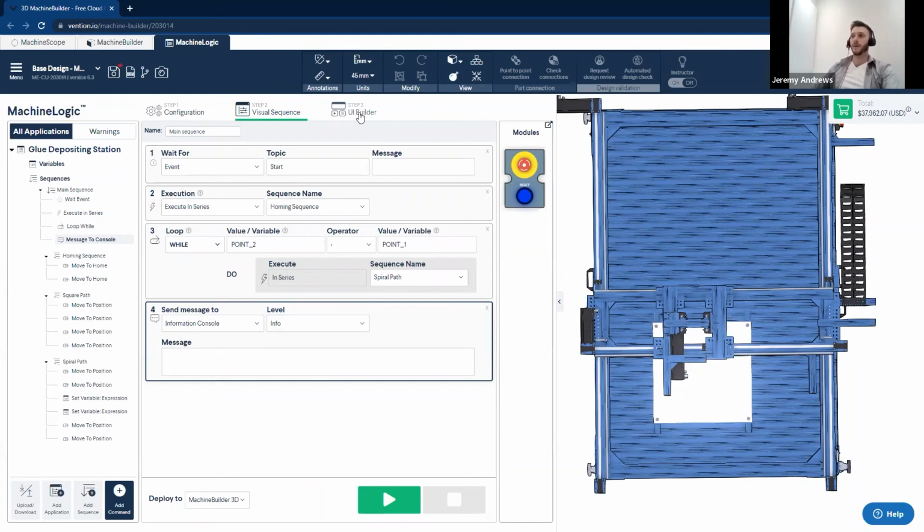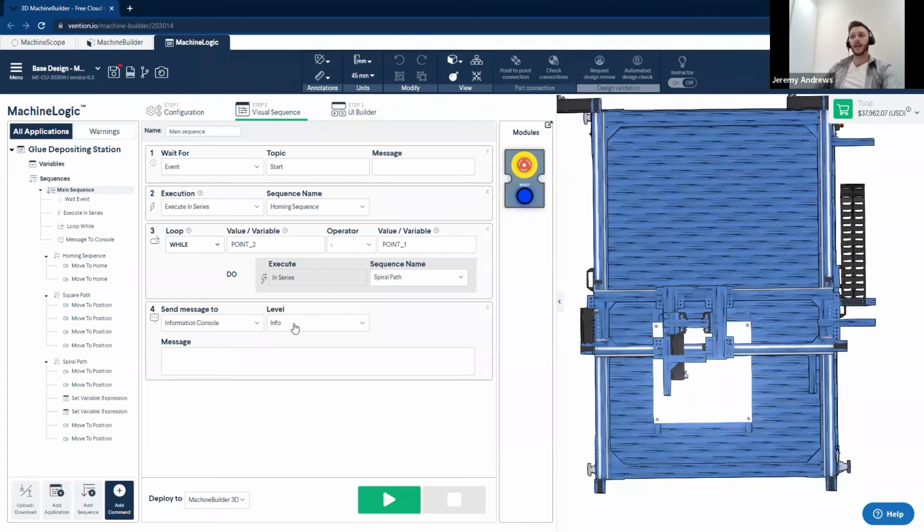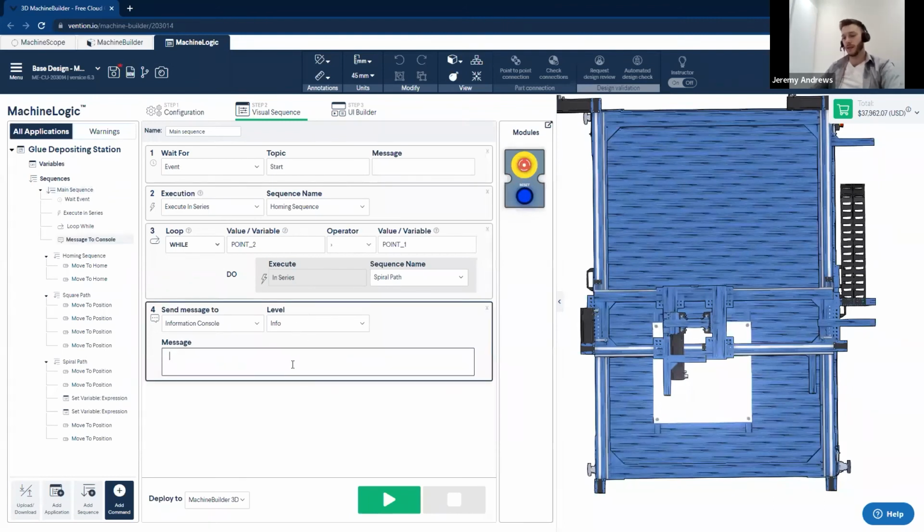If I go back to the UI builder, the message will pop up with one of these 3 widgets here prior to the message to showcase what type of message it is. In our case, I'm going to be leaving it as an information one and type out the message that I would like it to output once my application is complete, which will be glue deposition complete. So the way this works is the program will run through, and once it's terminated, will output this message